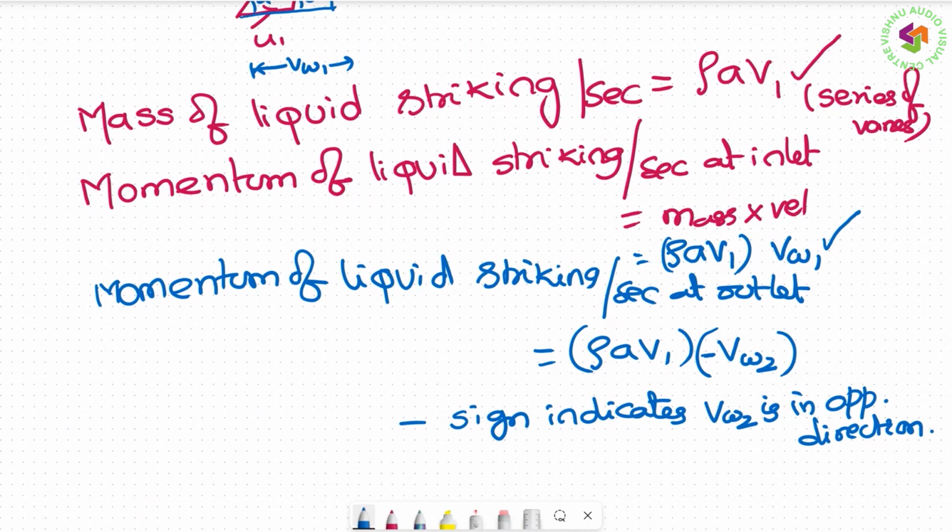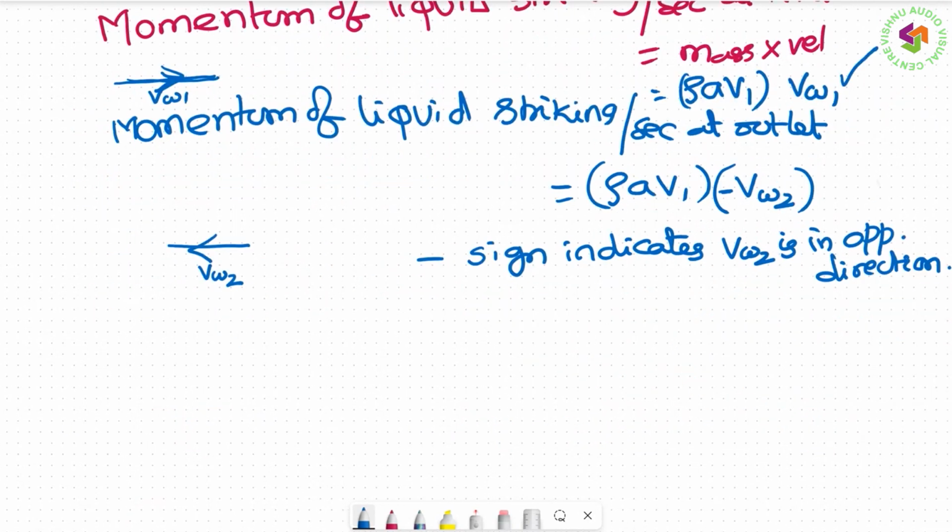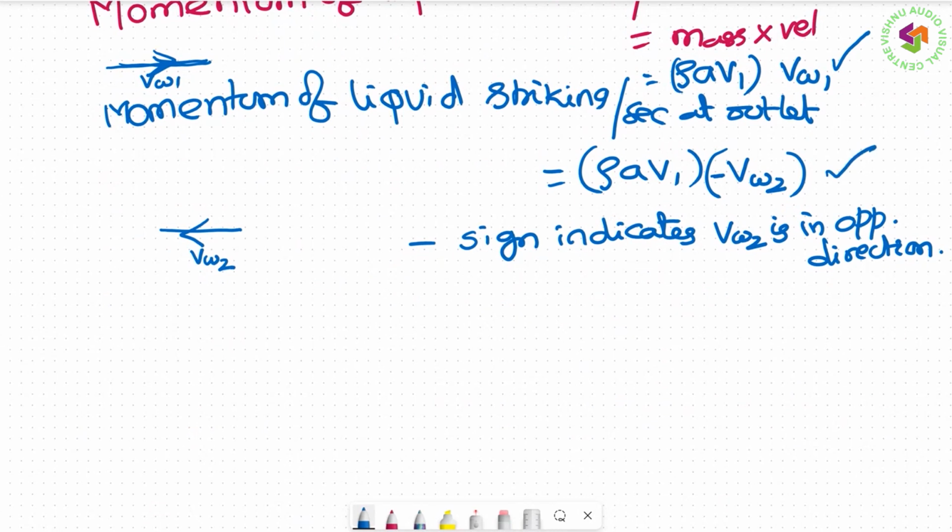Now V1, if you see, this is how V1 actually is. So that means I am taking the horizontal direction. Whereas here V2 is in this direction. So this is VW1 direction, this is VW2. So that's why that minus we have put. Then if I write it, what is VW1, VW2? Let me put it. Then afterwards, what is